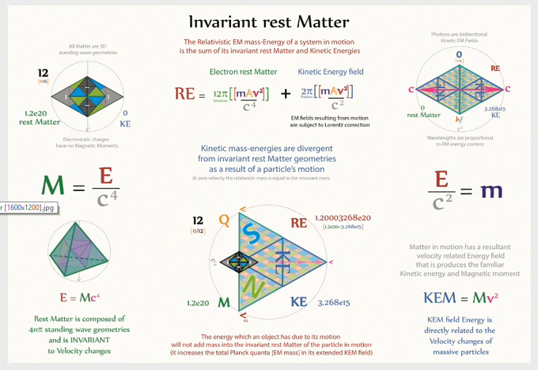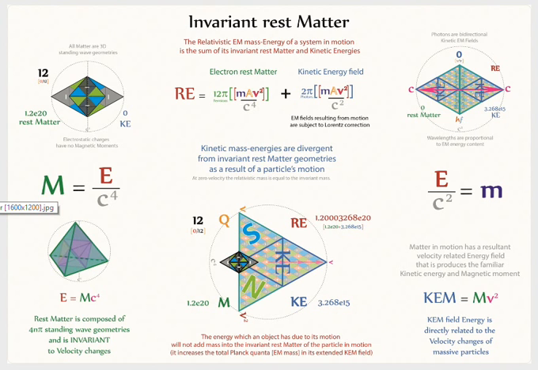Again, invariant rest matter is exactly that. The rest matter content, rest mass content of matter does not change when the velocity of the matter is accelerated. The energy, or the kinetic energy of motion, goes into the energy field surrounding the matter. In this case there's a picture of an electron with its kinetic energy field at the bottom center of the page. By itself, as illustrated at the top left, we can now calculate for the